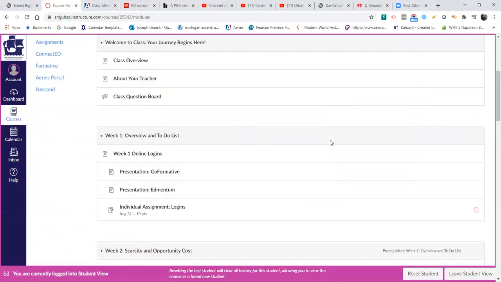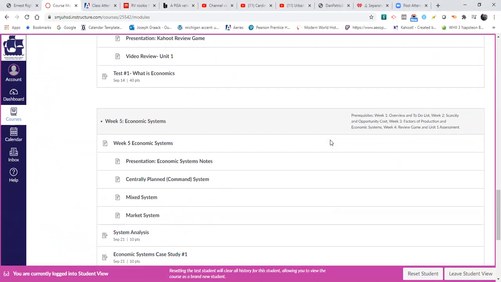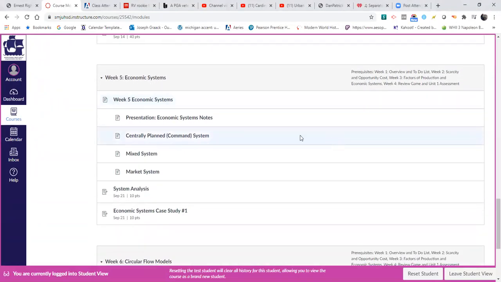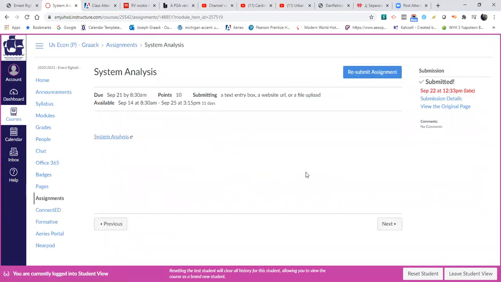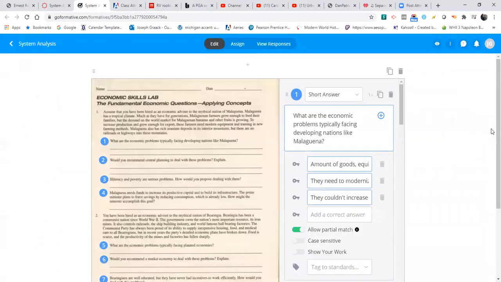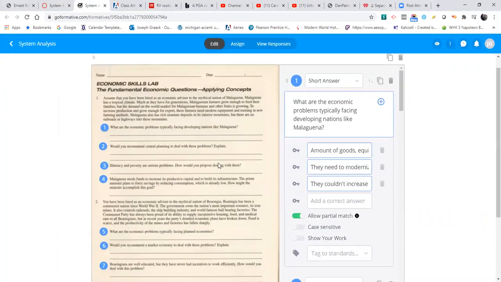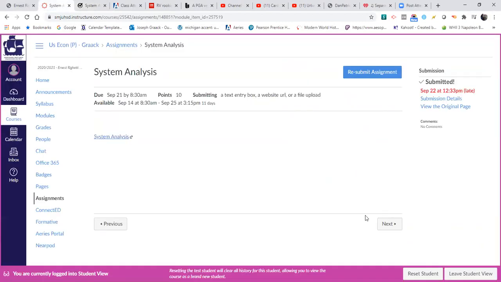Okay, so last week we took a look at economic systems, and we'll go over this quick. Again, I just want to show you sort of the transformation from one system to another and what we lose and what we gain. The system analysis that was on Go Formative. So I'll open that up and show you, as well as the case study should have been done yesterday. So this, remember, we did in class. It was just a matter of you submitting it once you got the information from the second group,